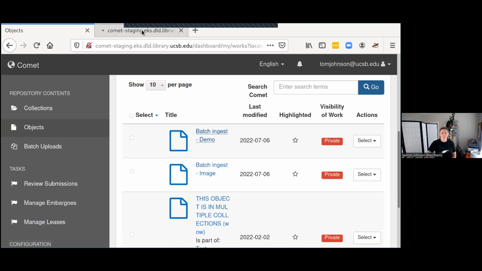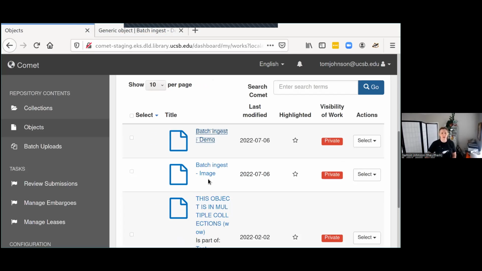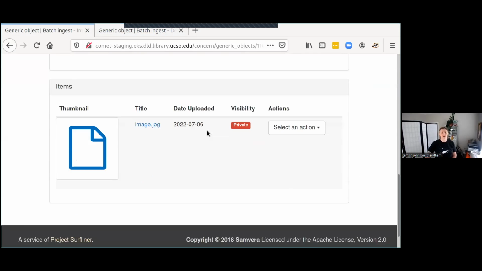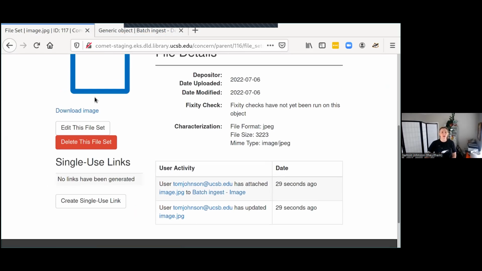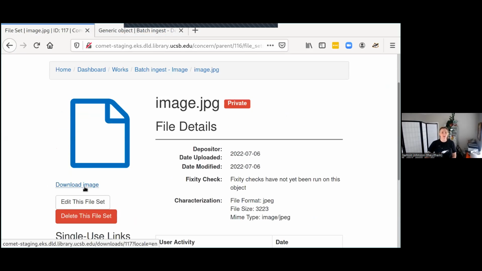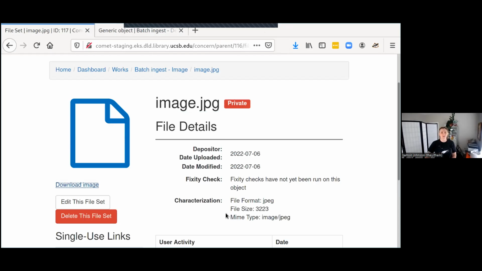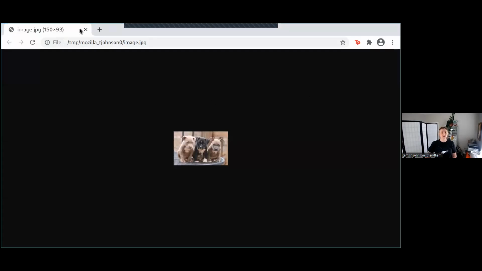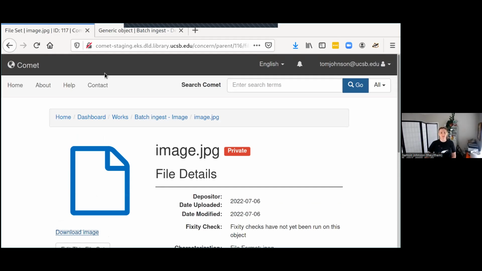Notably, there's more than 2 files associated with this. So I think we got demo.jpg here. Oh, well, maybe there's not more than 2 files. Maybe I'm misremembering what this demo should look like. But it should be able to download this image. Let's see if it opens. There, it's got a little puppies. So there you go. That's a batch